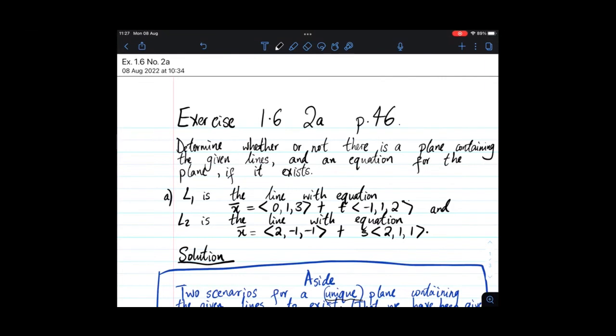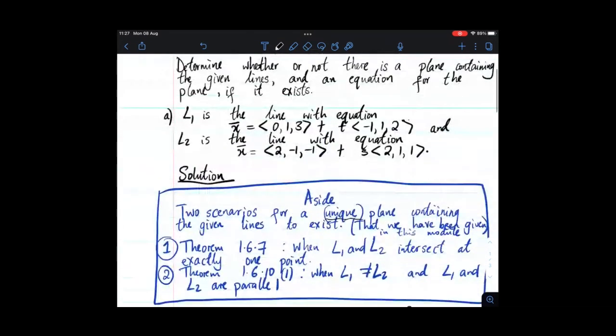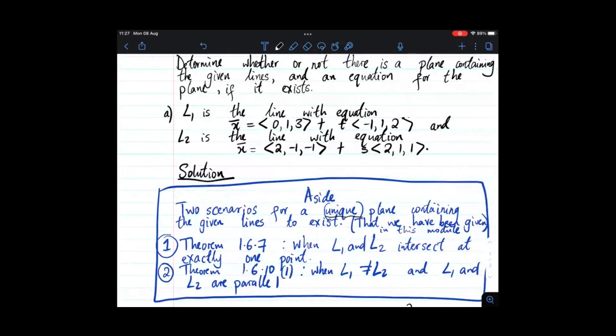Right. So for the solution, the way to think about it is, so I've put this as an aside. So this is not part of the solution, but this is how you can think about this question to be able to answer it. So we are given two theorems that speak about planes containing some given lines. And so we are going to try and apply them in our scenario right now to be able to answer the question. So the first one is theorem 1.6.7, and it says